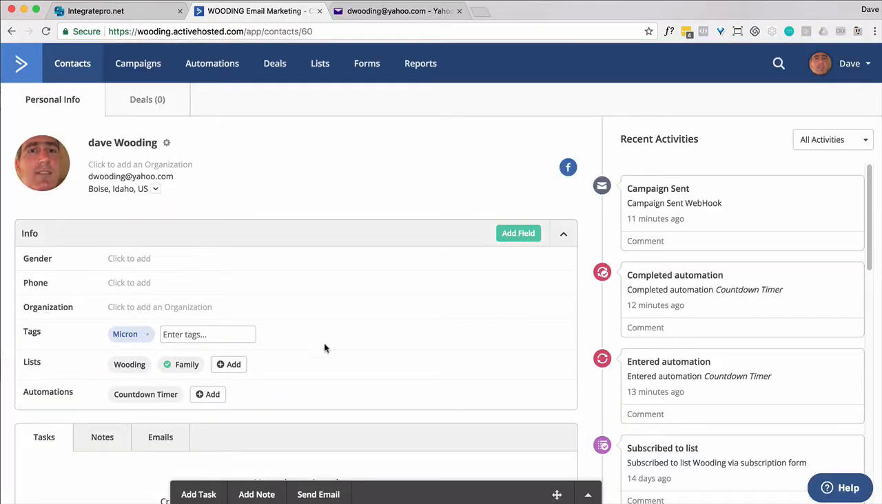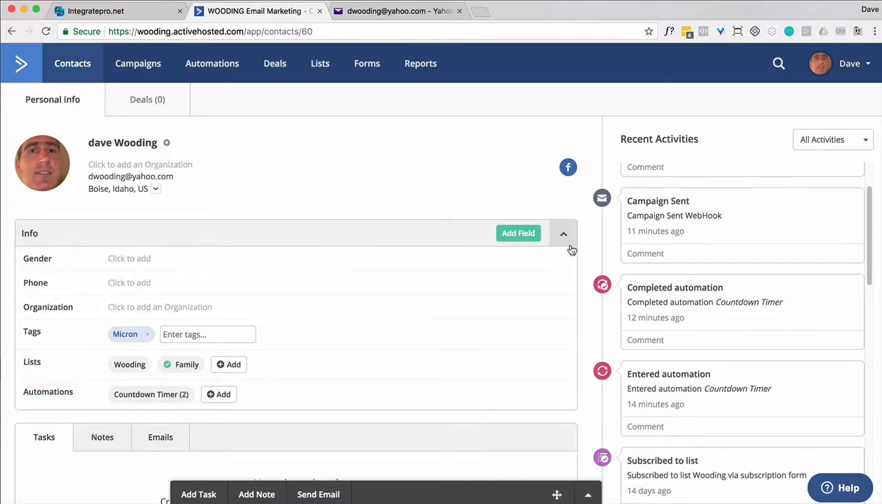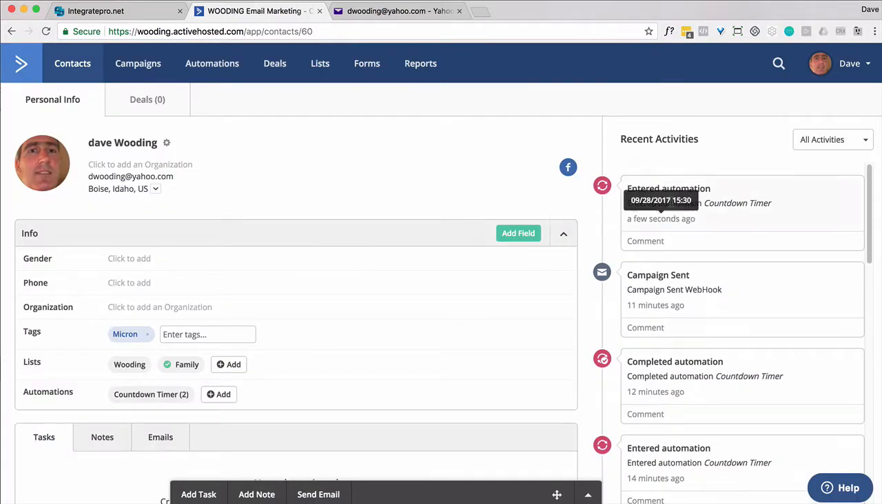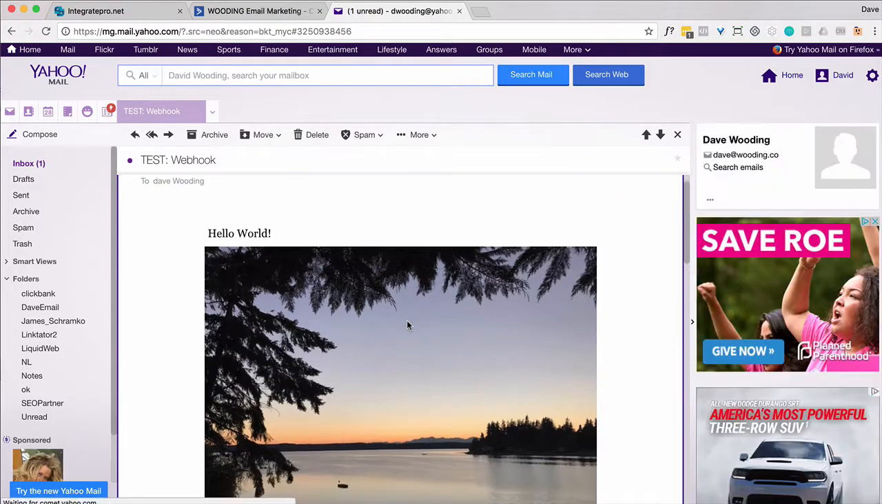Okay, so let's go ahead and add myself to this countdown timer, which I've already done once, to show you what happens. So it just started, and momentarily I should receive an email, and it won't show 3 days exactly when I open the email because the webhook would have already started the countdown timer. So I have this email,